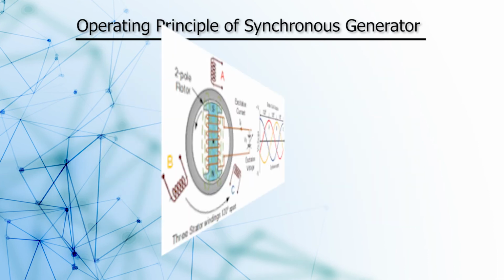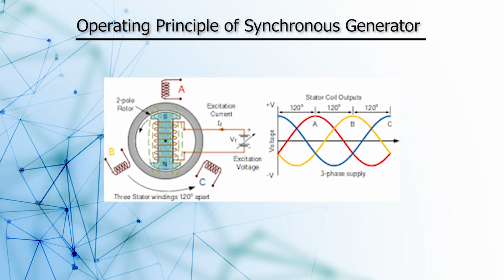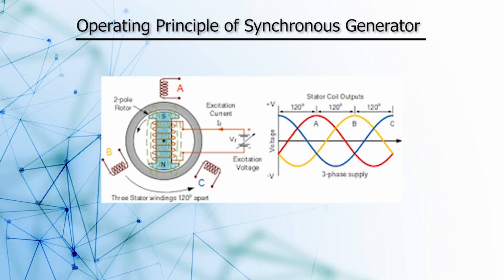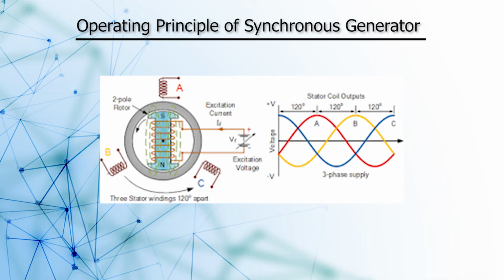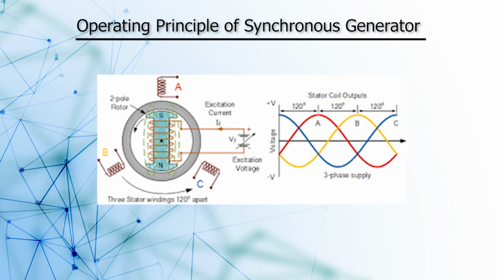Now let us see the operating principle of synchronous generator. As I have told you, if you are doing it for a 3-phase construction, here we have shown the 3 phases as phase A, phase B and phase C. And this is a 2-pole rotor. You can very well see that these 2 poles, north and south poles, are projected out, and you have a very small air gap between this and the stator. Whereas in the interpolar region, you can observe there is a large air gap. So in this, you are having the non-uniform air gap.